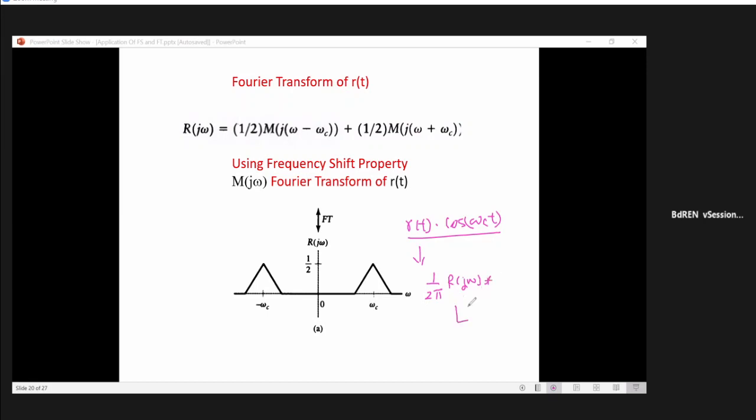This quantity, π δ(ω + ωc) plus π δ(ω − ωc), isn't it? Yes, sir. Then what will happen? The spectrum will be shifted to the location of ωc, and also −ωc. So ωc plus ω and another is ωc minus ω. That means this figure is shifted